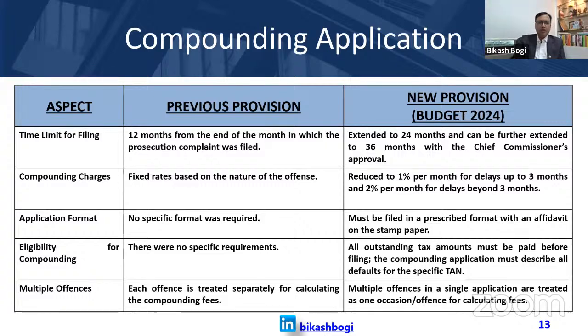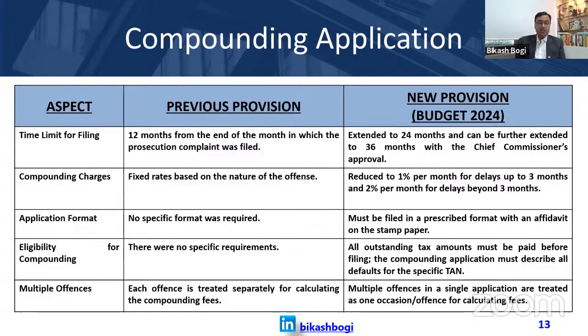So in case of compounding applications, there were certain amendments in the budget 2024. So I have jotted down those amendments in this slide. They've extended the time limit for compounding application. Earlier it was 12 months. Now it is extended to 24 months, and which can be further extended to 36 months with the approval of